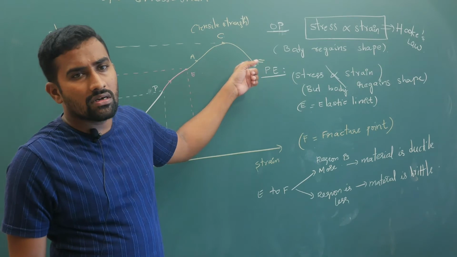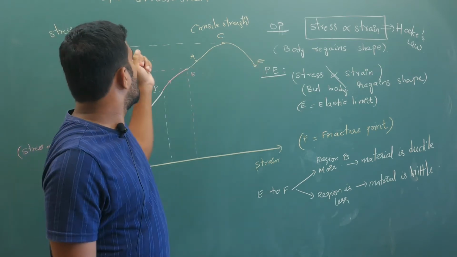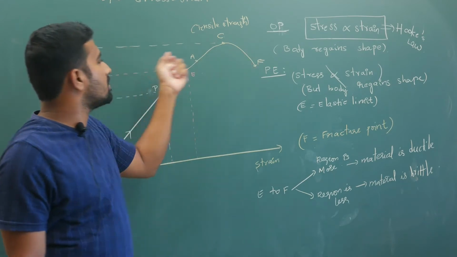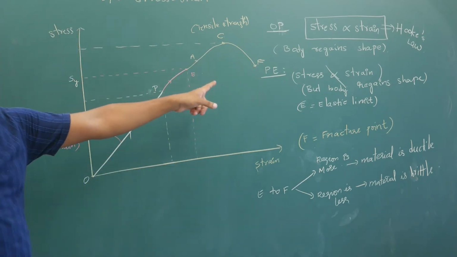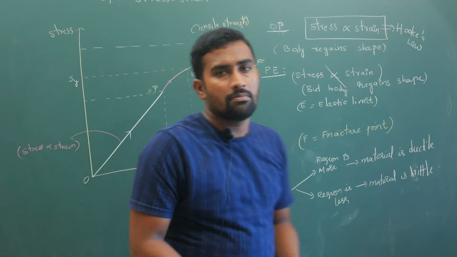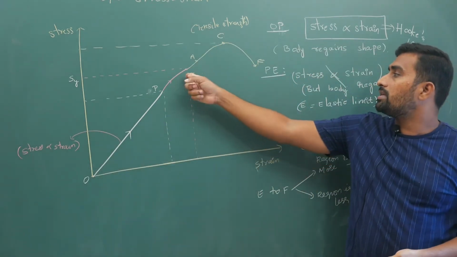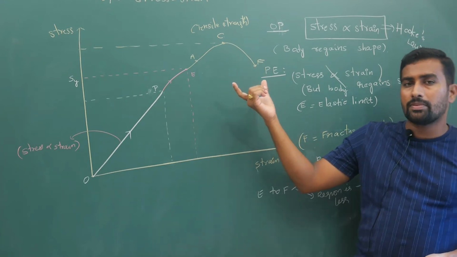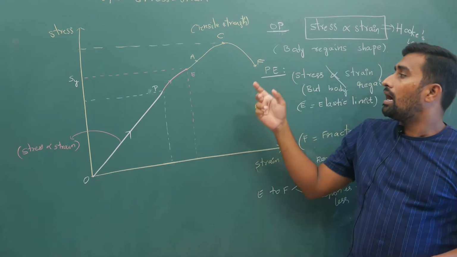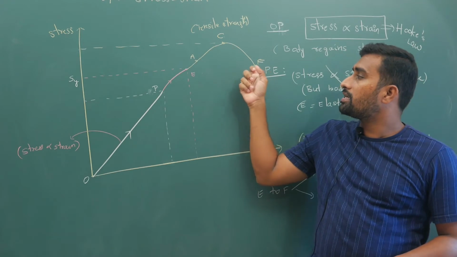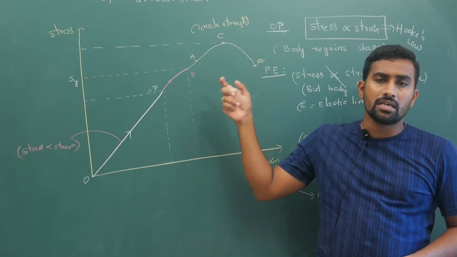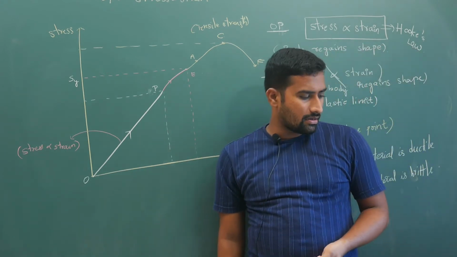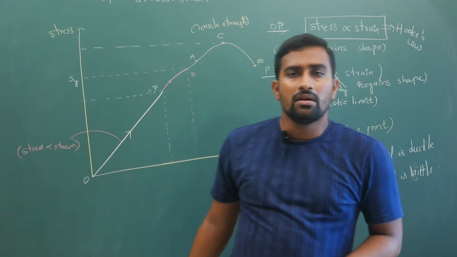And if you reach the point where your strain is high and your stress is according to that particular relation, you will reach your fracture point and the material will break. If this region from E to F is large, then your material is ductile, that means you can bend it like anything. If the fracture point is close to this point E, it is brittle, it will break easily. So this much from the stress strain curve is enough.